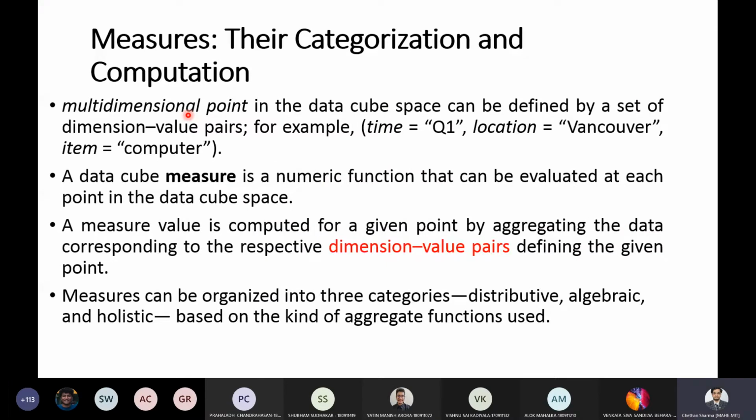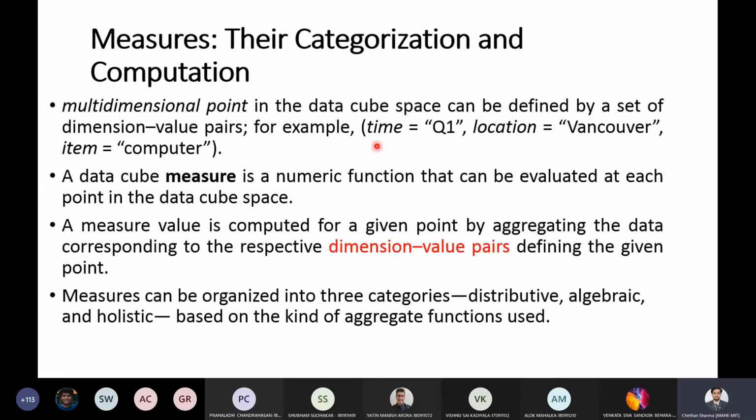The next thing is how these measures are computed. Measures are something numerical in nature, but how are they computed? A multi-dimensional point in a data cube can be defined by a set of dimension-value pairs.